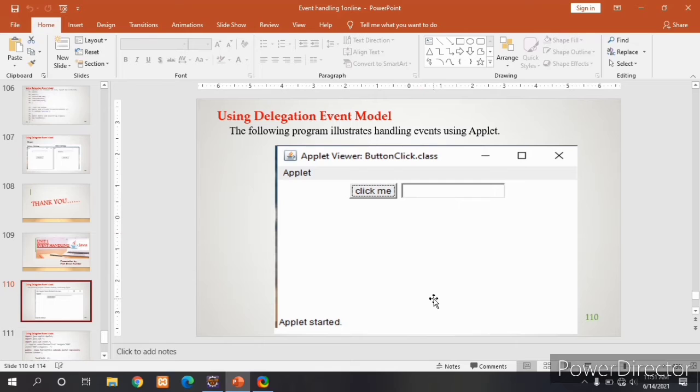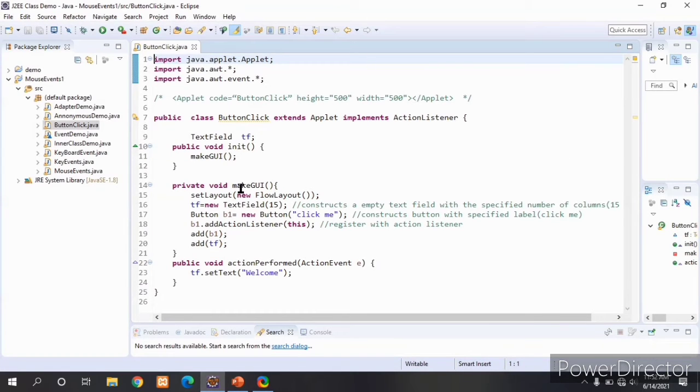We can use a checkbox, radio button, text field or text area. These are all called AWT components. The events are generated by these AWT components. These AWT components we can call event sources. To handle those events, the necessary classes and interfaces are provided by